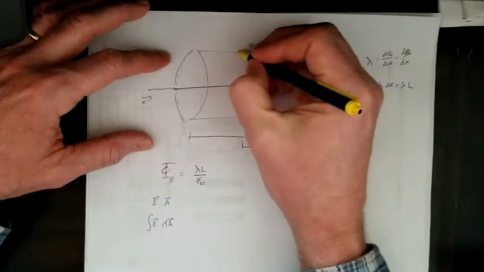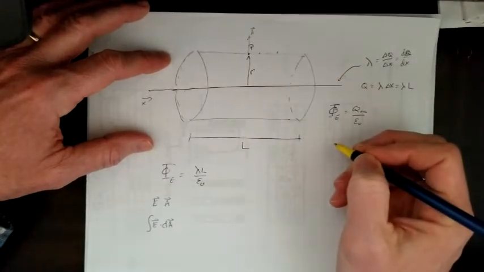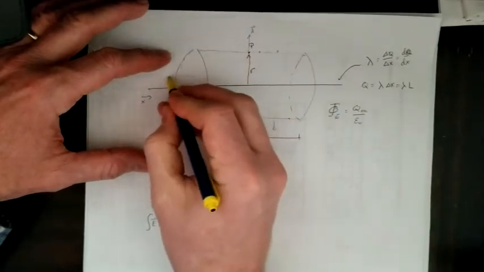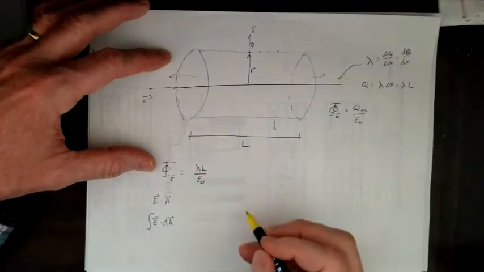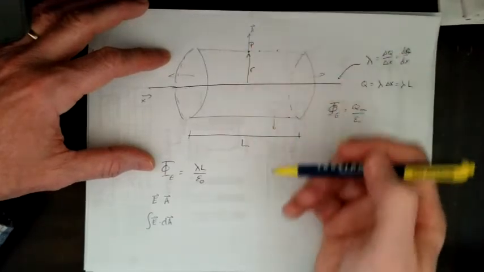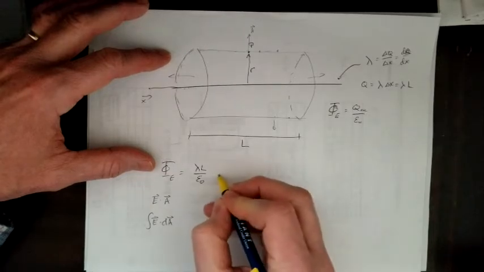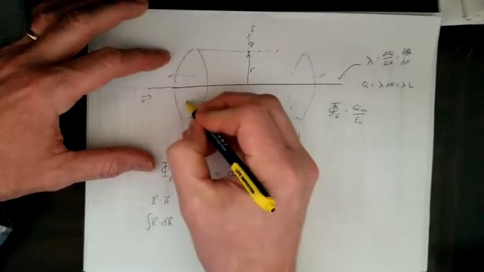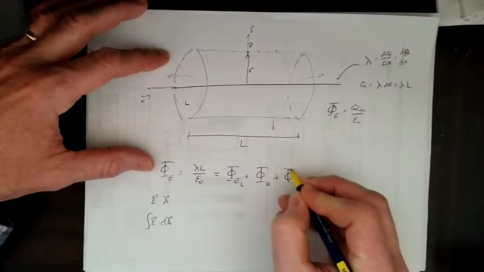My area vector, I'll just take this point right here, my area vector is that way. So at this point right here, it's that way. On the ends, it's that way, because remember, the area vector is perpendicular to the surface. Since the magnitude of my electric field is the same everywhere along this area, when I multiply times the area, I end up with, well, let's break it down. This is the electric flux on the left-hand side, we'll call this L, plus the electric flux on the right-hand side, plus the electric flux